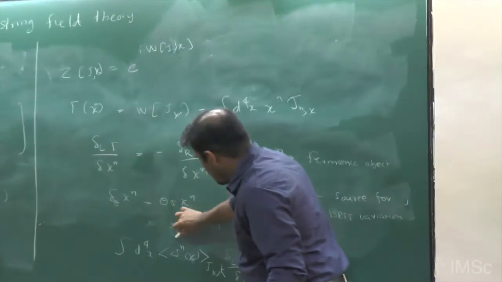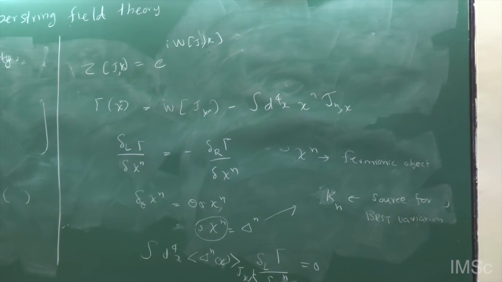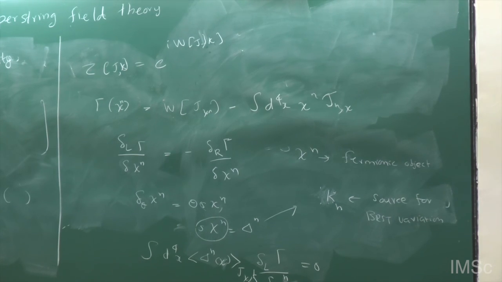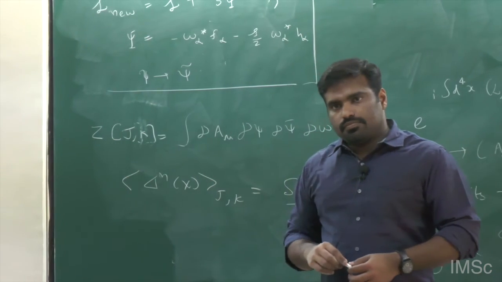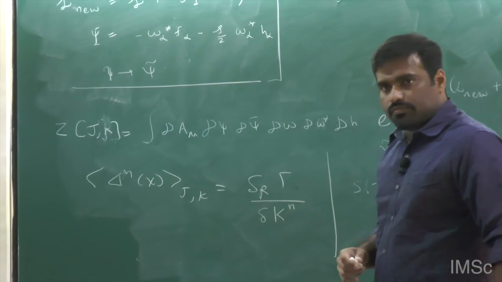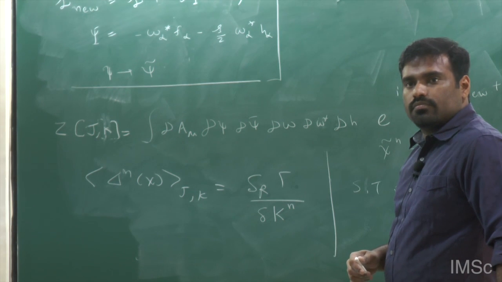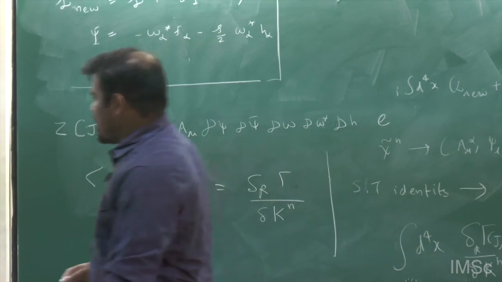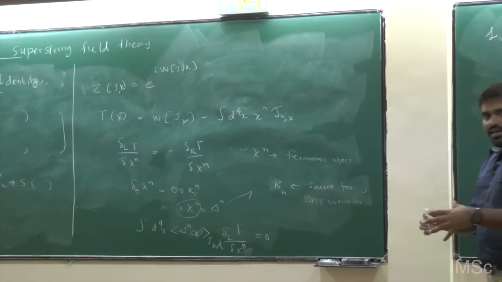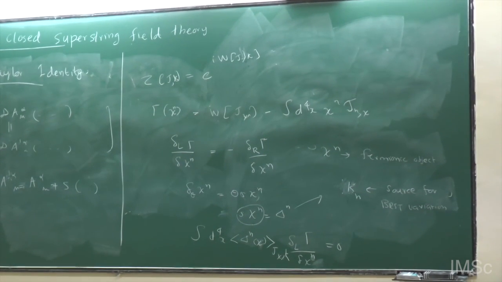Delta n, right? So if you calculate C j and you calculate C k, yeah, C j k. Suppose you calculate C k. Are they related by some BRST operator? Because their fields are BRST closed. Right. I mean, it's not just BRST related. On one side you have a field itself, and on the other side you have the BRST variation itself, right? It's not chi n plus S chi n.